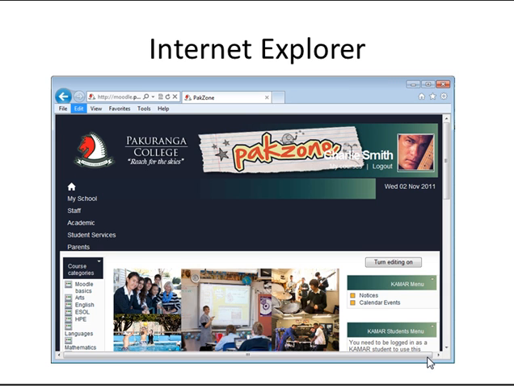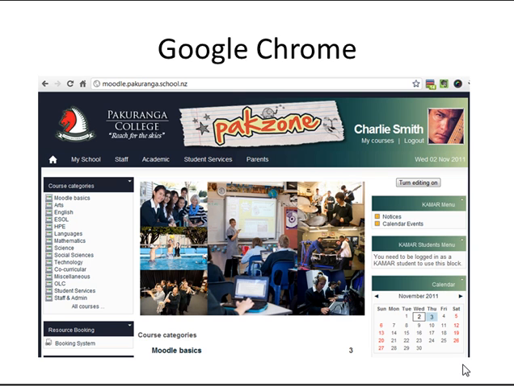Now, one thing to notice is we're on a slightly intermediate version here. We're going to get a bit of an upgrade in the holidays. Currently, in Internet Explorer, at least, it looks an absolute dog's breakfast. There's a lot of stuff that doesn't look quite right. In Google Chrome, it looks a lot better. The menus are not quite in place yet, but that's no big deal. The important stuff is the actual courses.